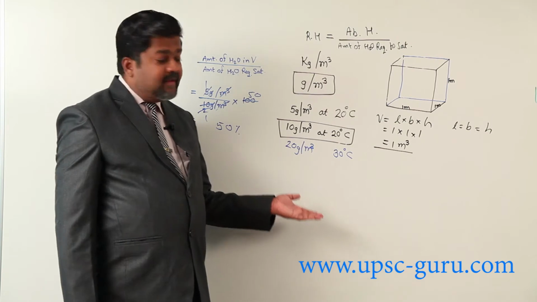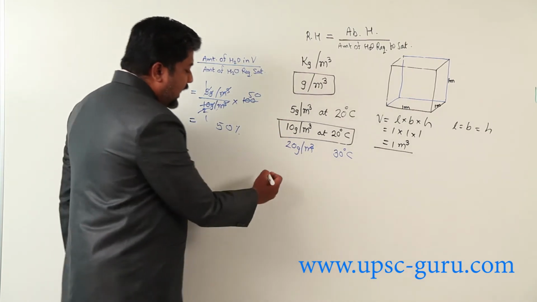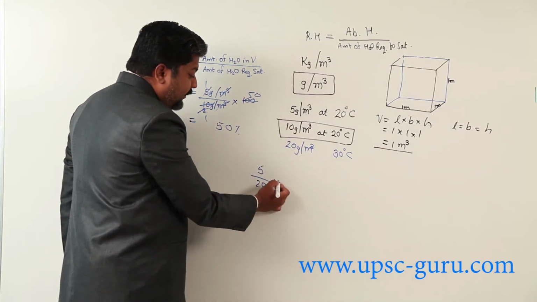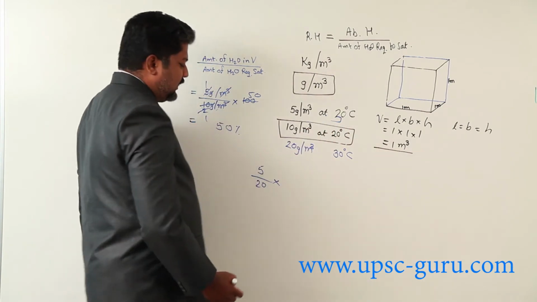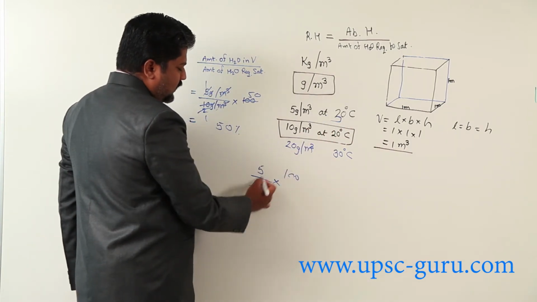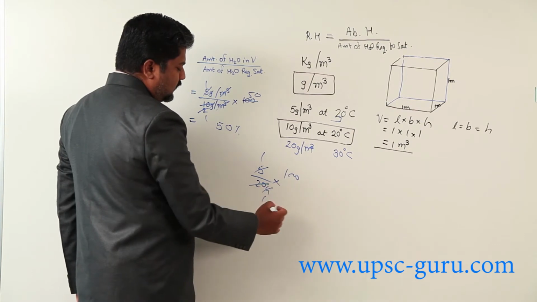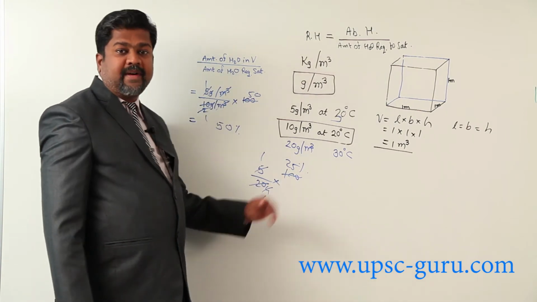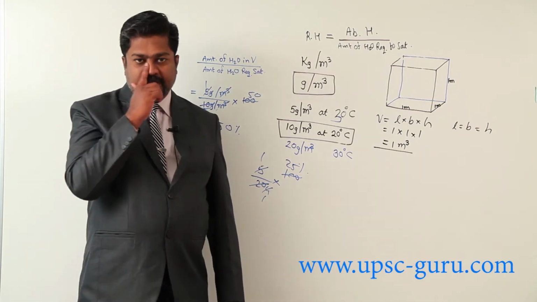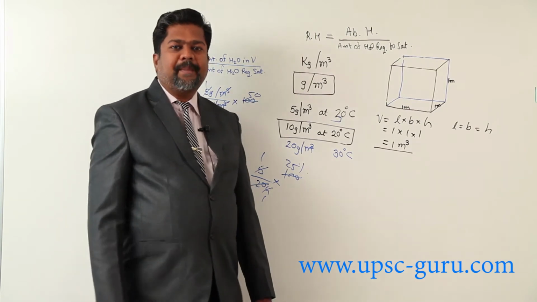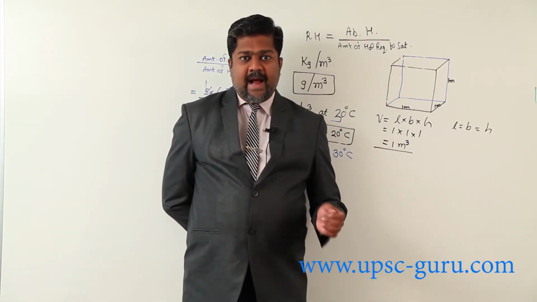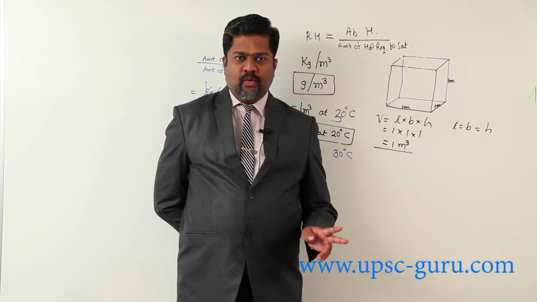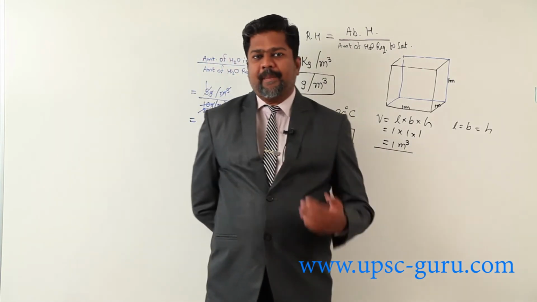We can accommodate more. Now suppose for that same air, I check: 5 gram upon 20 gram, at 30 degrees Celsius, into 100. So 5 ones are 5, 5 fours are 20, so here the relative humidity will simply decrease to 25%. So by raising the temperature of air, the water holding capacity of air increases. Absolute humidity will remain the same, but relative humidity may change according to water holding capacity.